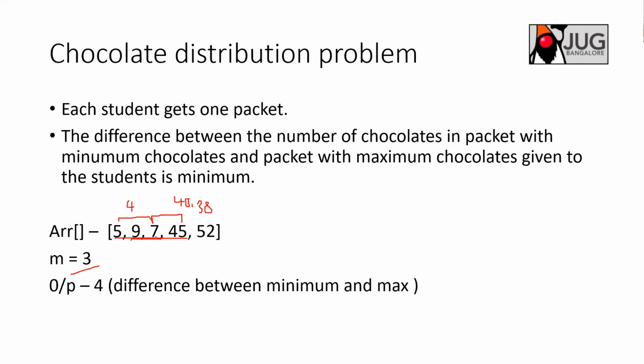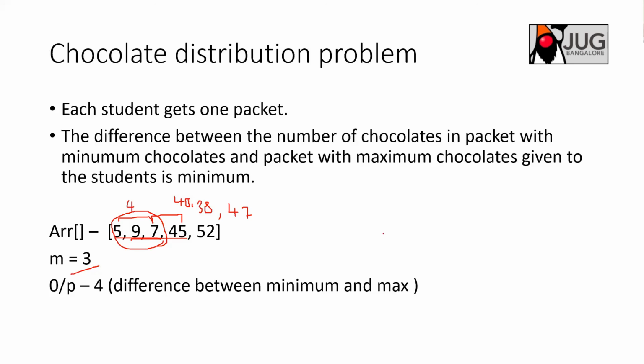So that is nothing but 47, right? Which is also more. I think the best possible scenario is this. I can distribute this to 3 students: 5, 9 and 7. So the difference is low here, 5 minus 9. The maximum element is 9 and the lowest is 5. One student may get 5 and one student may get 9, right? So the difference is 2. That is still fine. So that is the minimum.